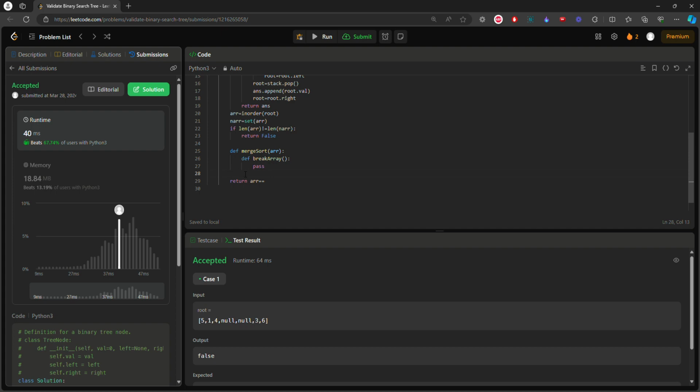After breaking, you have to combine or merge the array. So let's do the breaking part recursively. It will take an array, and if the length of the array is less than or equal to 1, that means we can't break the array further, so we'll return the array. Or else let's calculate the midpoint,